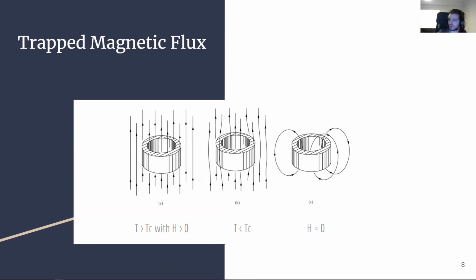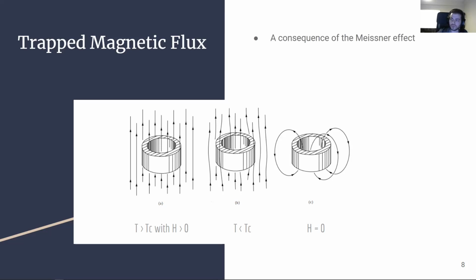Okay, so we will consider the case where we have a superconducting ring. This is a hollow ring with thickness, of course, larger than the penetration depth. And here we apply a magnetic field on this ring, but not superconducting, I'm sorry. This is a superconductor, but it is now a normal metal. That is, its temperature is higher than the critical temperature. So when we apply a magnetic field, these magnetic lines will penetrate through it, and we will observe what we would observe in a normal metal. But when we cool it down to